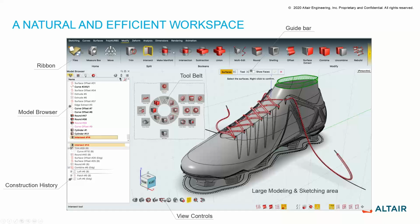But right now, we've moved everything up here, and you can reach all of them really, really fast. And just a quick run through the layout here on the left side, you can see the model browser, your entire scene, and also when you select an object, you can look at its construction tree and edit it. There's a new guide bar here on the top that walks you through the process of creating, or of the entire tool that you're using, starting from selecting input faces and also editing any of the options